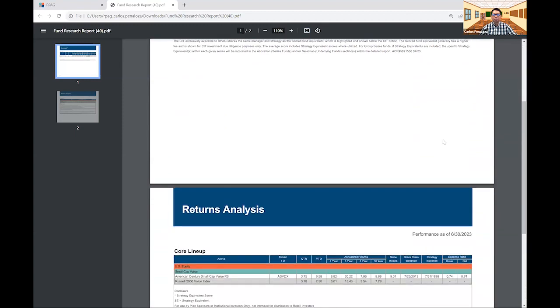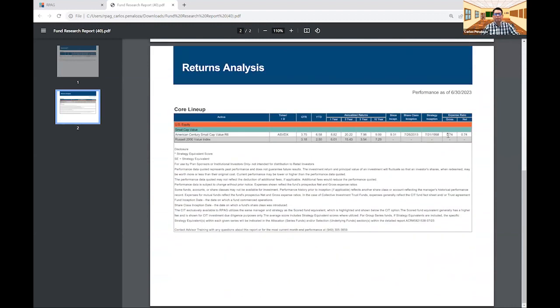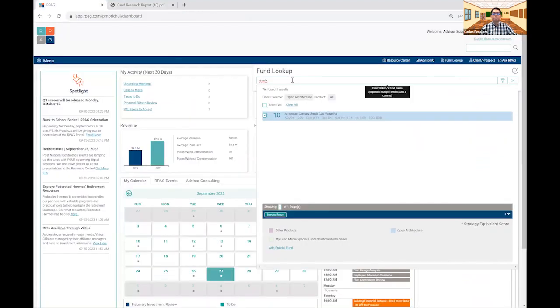If we continue to scroll down, we also requested that we see the returns analysis, so that can be seen here on the screen as well. And of course, if we requested multiple different reports, those would all populate here as well. So definitely the Fund Lookup tool is going to be a great resource for you when you're doing fund analysis